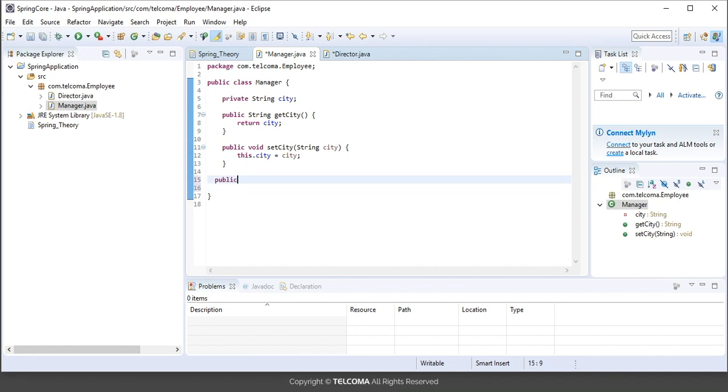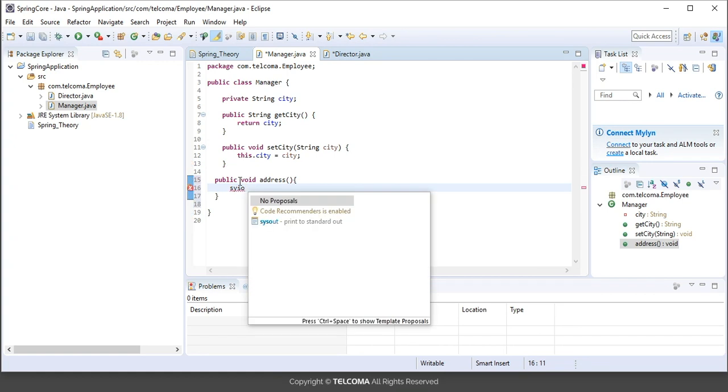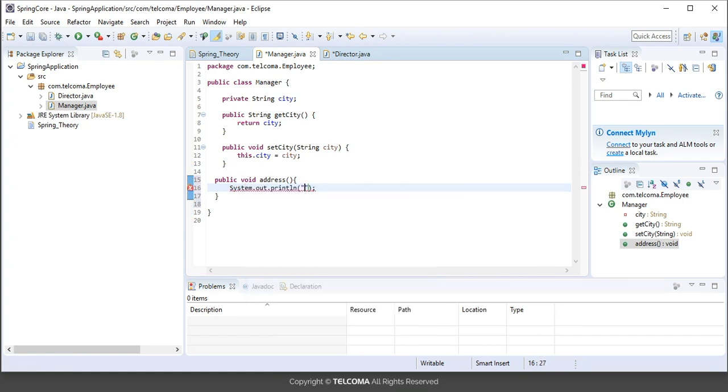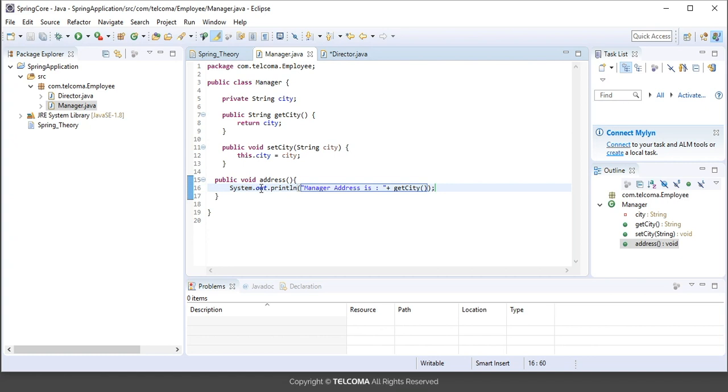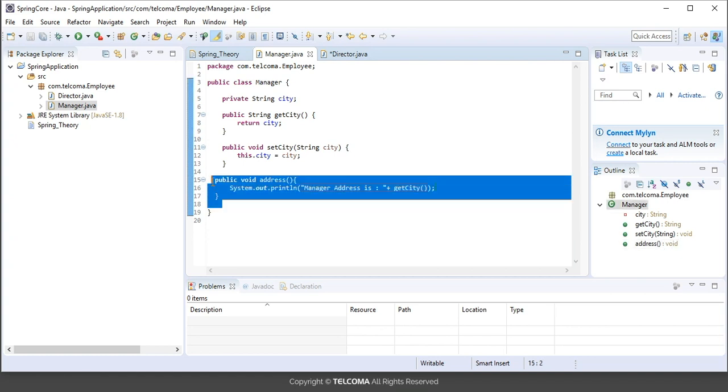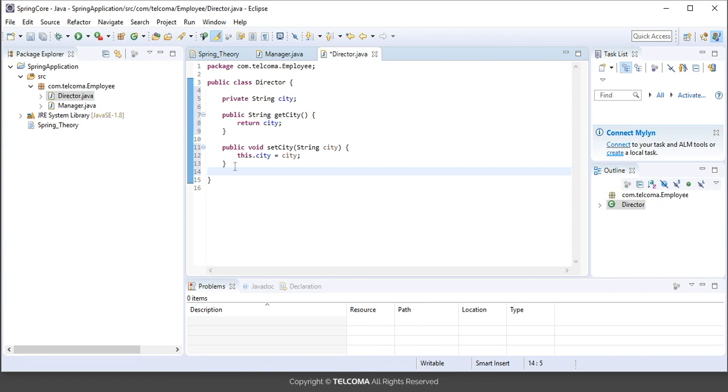Let's say we have a method public void address, and we have a System.out.println that prints the manager's city using get city. Clear? So we are having the same method in our director class also,